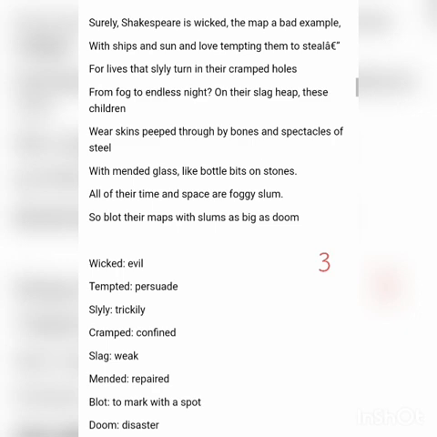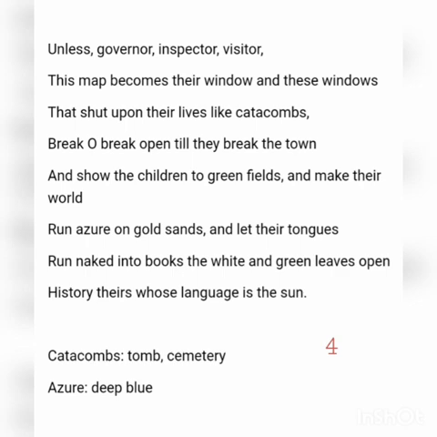They wander aimlessly over them. Their bones are peeping out of their skins. Their spectacles look like pieces of broken bottles on stones. All their time and space is spent in those dirty and foggy slums. These slums are living hells. They are blots on the world of the rich and the great. So for them, life is nothing. It is just a dingy cell.